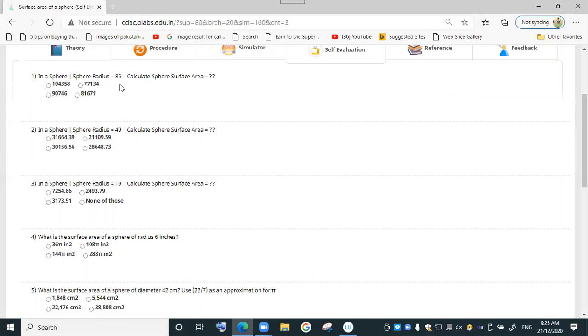Radius is 85, then surface area is 4 pi r square. Sir, 90746. And if the radius is 49,